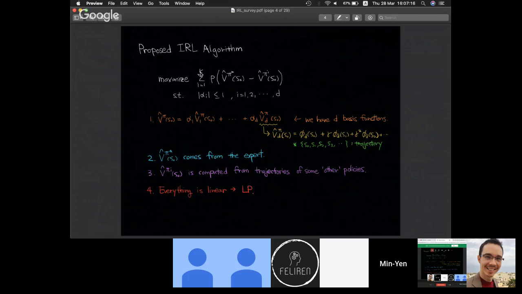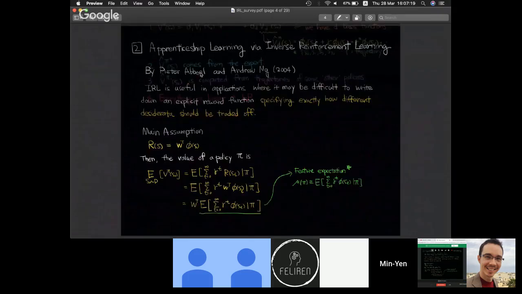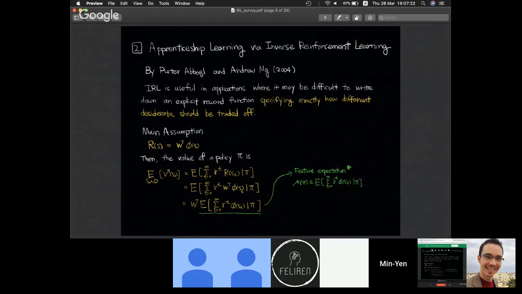Okay, so we'll try to go on from there. So this is the paper that we were just covering in the other blog post. So this is the maximum entropy one, where we're saying that there's an expectation,